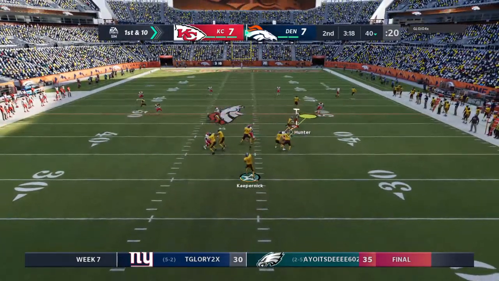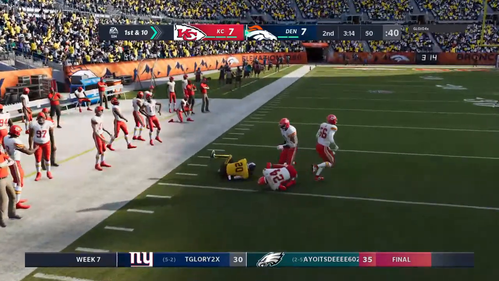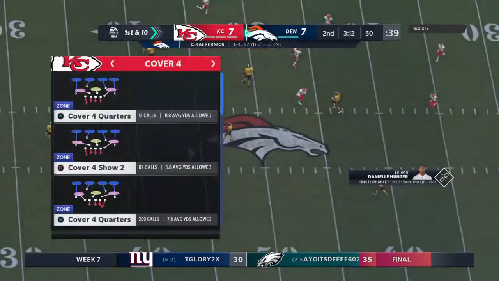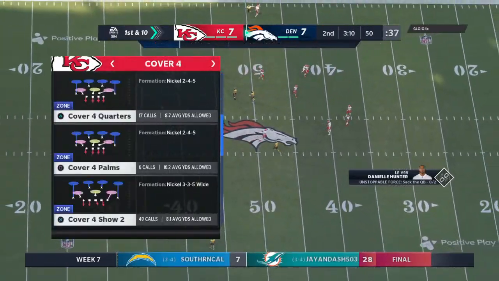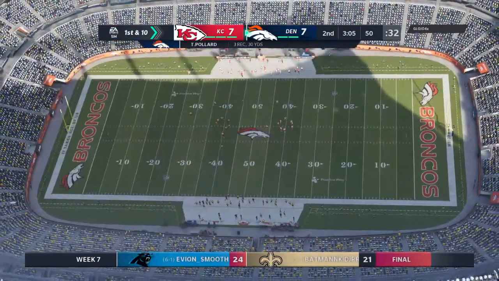Working from the gun, it's Kaepernick. Looking for his running back, and he's got him. And he'll be stopped right at midfield. 10 more for him on that one. He's been a busy man. It's a first down. But they certainly made a point of getting him involved in the passing game here in